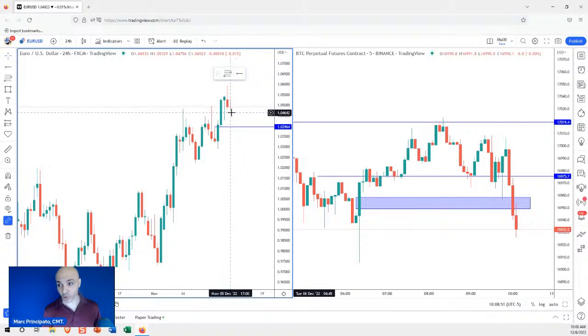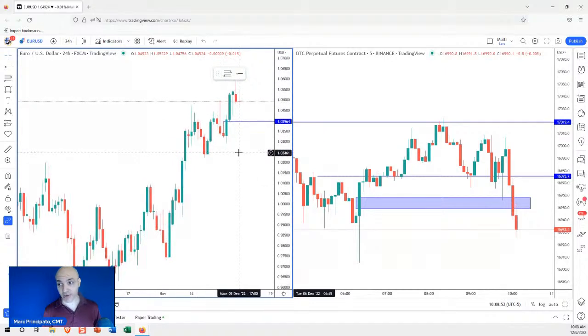If the euro never goes lower and starts working its way higher, that's a trade that I will not be in, okay, unless it taps me in. The market does the work. The market decides if I'm in or not, not me. I try to minimize myself from the equation as much as possible.